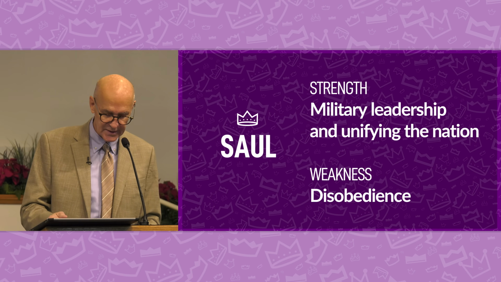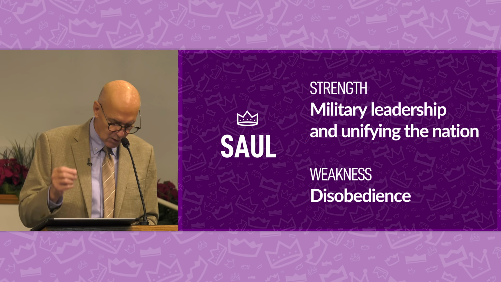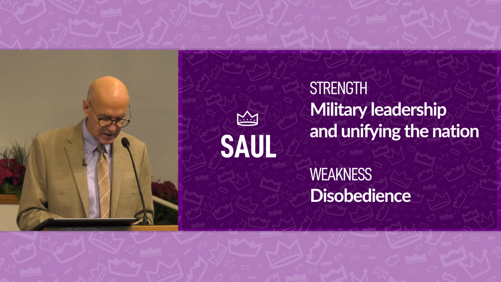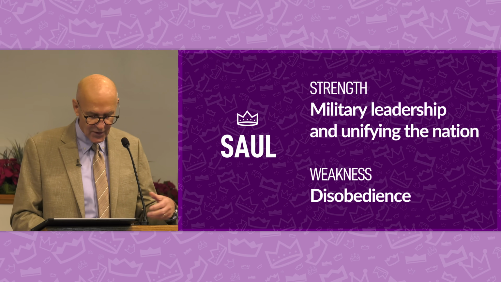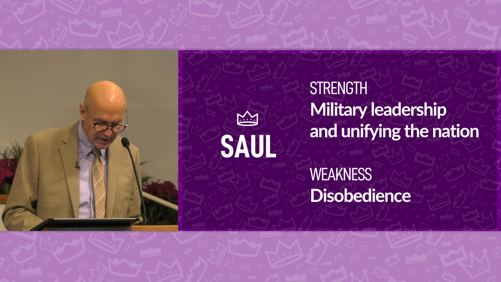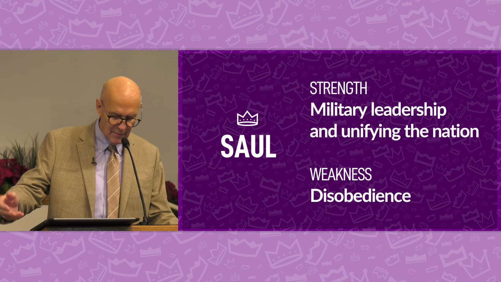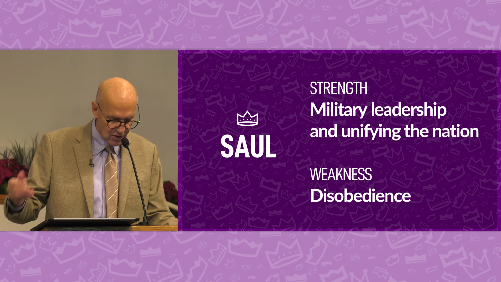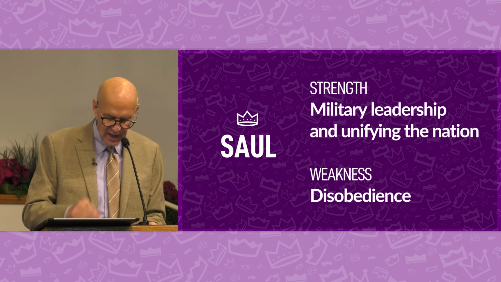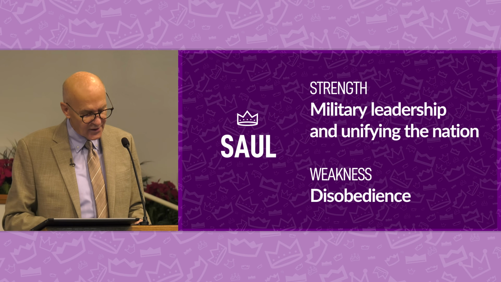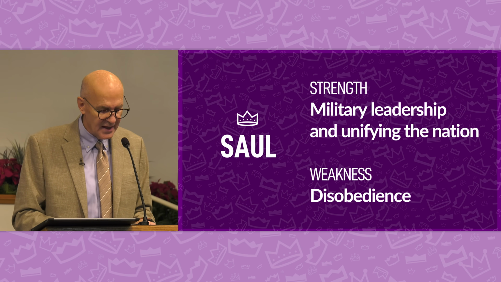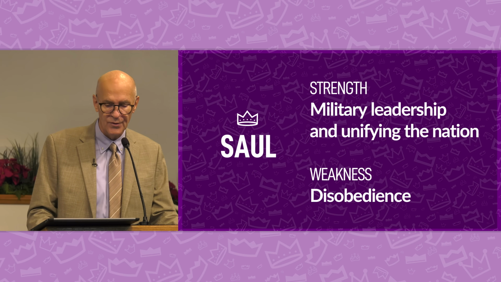Saul's greatest weakness was his inability to consistently obey God's commands. His two significant acts of disobedience were, first, offering a sacrifice without waiting for Samuel, and second, sparing the Amalekite king and livestock against God's command in 1 Samuel 15. This led to God rejecting him as king. His failure to follow divine instruction resulted in the loss of his dynasty and the eventual decline of his reign.